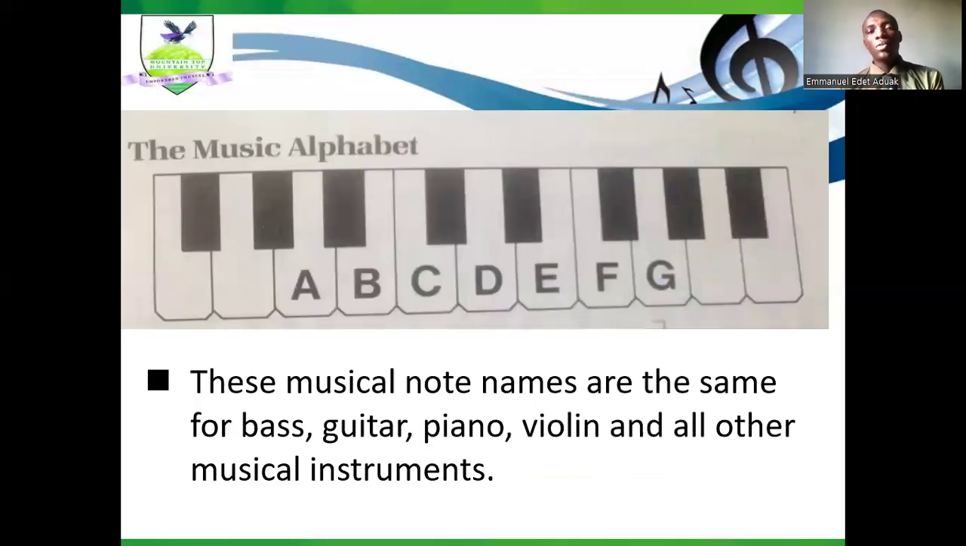So now, before we go into the staff, we'll discuss letter names. That's the music alphabet. What are the alphabets we use in music? The alphabets we use in music are those highlighted on the screen. There we have A, B, C, D, E, F, and G. These musical note names are the same for bass, guitar, piano, violin, and all other instruments. This is very, very important